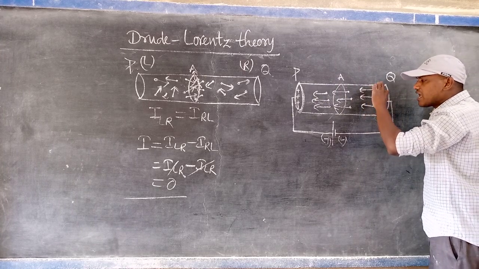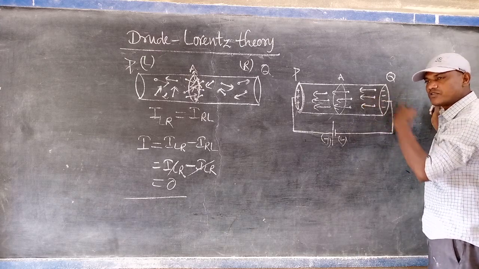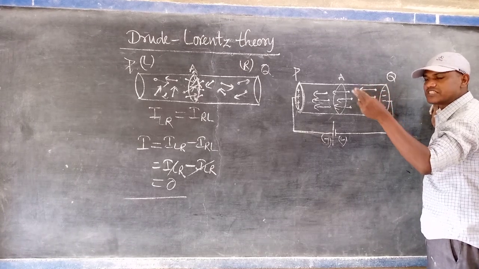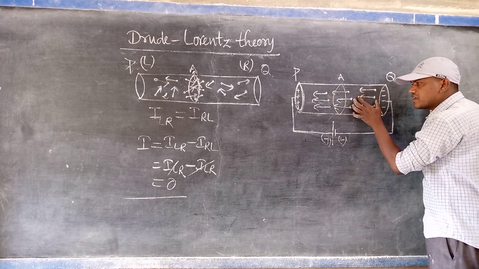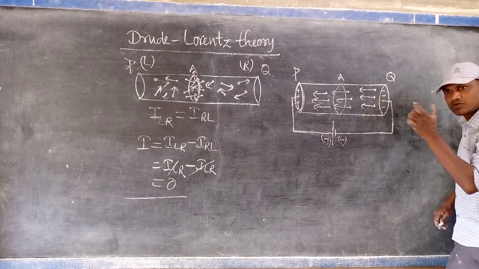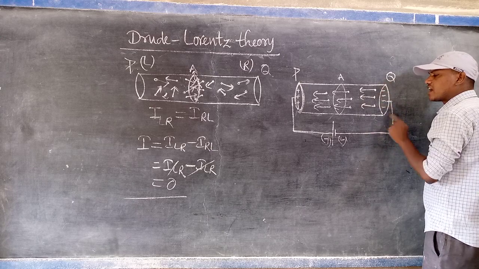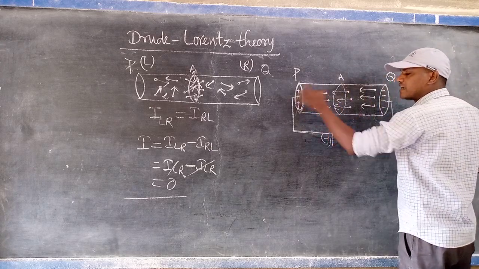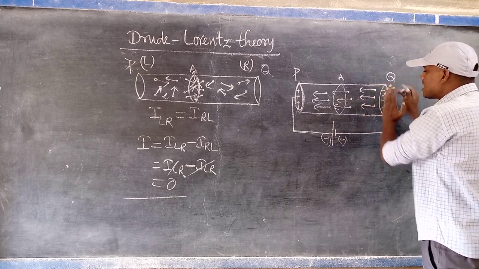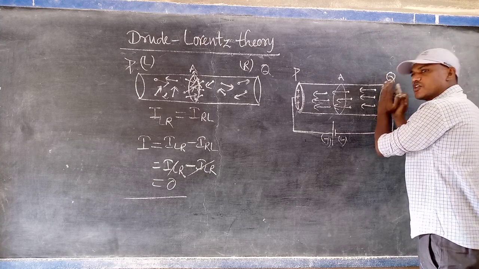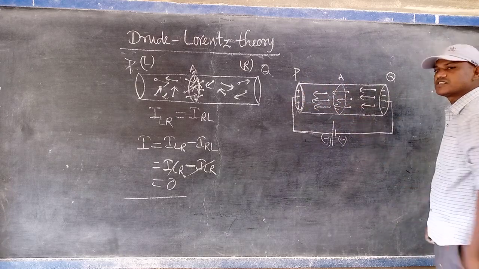We already know that electrons have which charge? Negative charge. So according to the electrostatic force, like charges repel each other and unlike charges attract each other. Every free electron has negative charge only. That's why the negative charge of the electron is repelled by the negative charge created at the Q end and attracted by the positive charge at the P end. All the electrons present in the conductor are repelled by the negative charge created at the Q end, and attracted to the P end because at the P end positive charge is created.